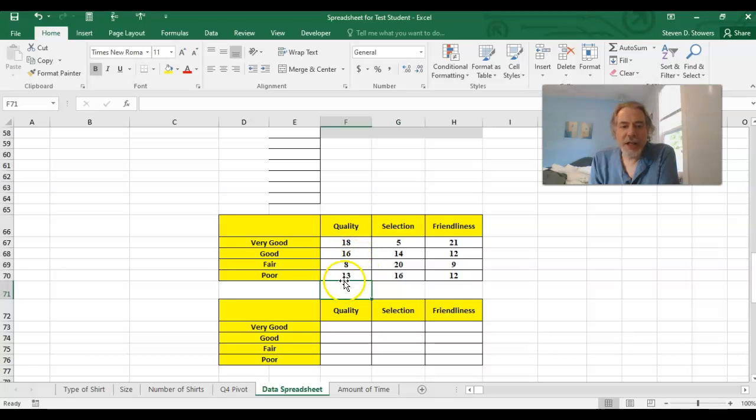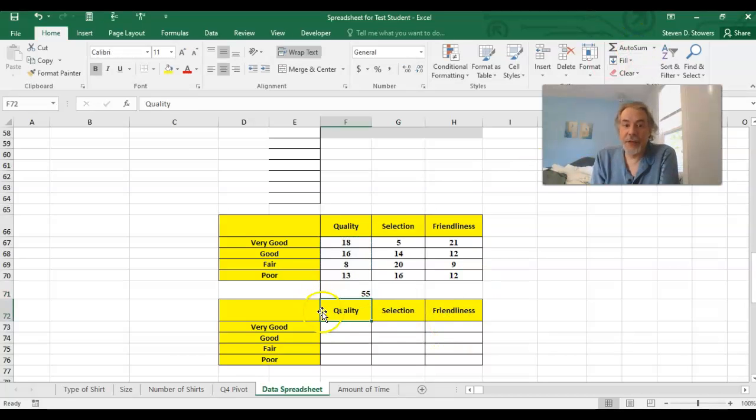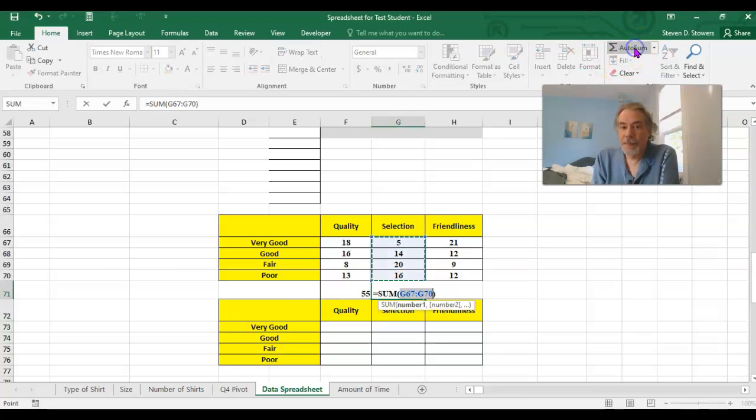Now in each column, the numbers should add up to 55. So let's do a quick check and make sure they do. You could add them by hand, like just add up 18 plus 16 plus 8 plus 13, which should be 55. You could have Excel do the adding for you. So while we're on this cell below it, I can click where it says auto sum and then just hit enter and there's the 55. Do the same here. That's 55. Do the same